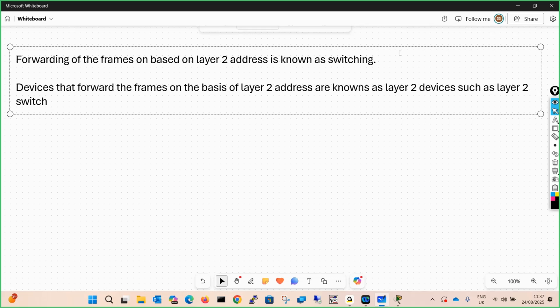There are different types of switches now: layer 2 switch, layer 3 switch. We will understand one by one.